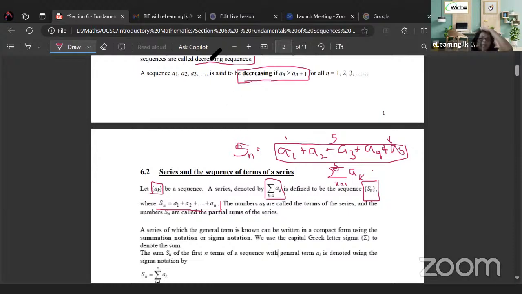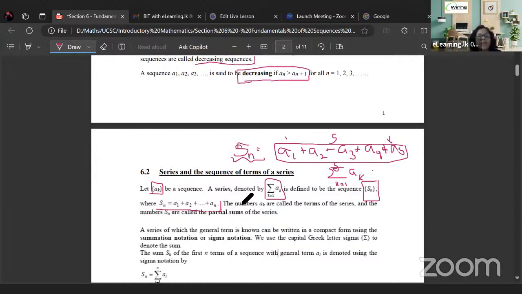Right? Here it says the ak represents the terms of the series and the Sn we call the partial sum. Why do we say it's partial sum? Partial sum කියලා අපි කියන්නේ අපි කොටසක් sum එකක් තමයි හොයන්නේ. So therefore we say Sn is the partial sum of the series. Right? Here we are going to find out the sum of some part of our sequence.